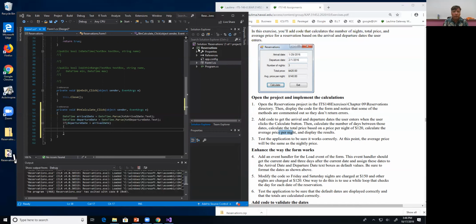Hello, hello. Okay. So if the departure date is greater, no, wait a second. Departure date. Oh yeah, departure date is greater, because you arrive someplace and then you depart after that. So let's calculate the number of days between those dates. Okay, let's do that. I'm going to have a TimeSpan type variable,